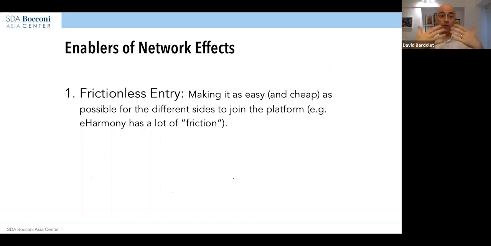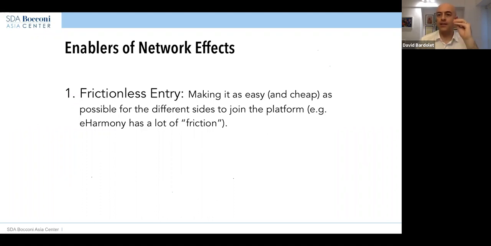So the more difficult you make that entry, the slower it will be, this growth. And if you don't get people joining, you don't get the other people joining. You never get started. So you have to make it as easy as possible. Unless your goal is not that, right? A very nice example of a company that